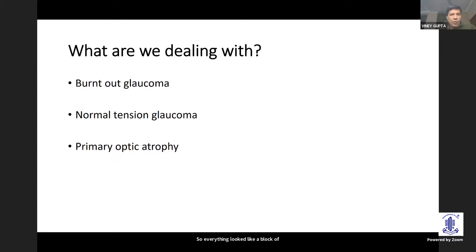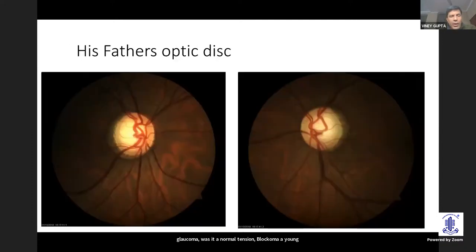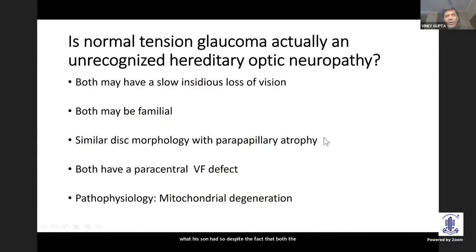Was it a burnt out glaucoma? Was it a normal tension glaucoma in a young person? Or was it actually a primary optic atrophy? So then we went back and looked at his father's optic disc, and we found that the father also had some kind of pallor of the neuroretinal rim. But this was a very different kind of optic disc from what his son had. So despite the fact that both the father and son were having some amount of optic atrophy, the features were very different. This brought us to something that is very provocative and has been written about before, that probably